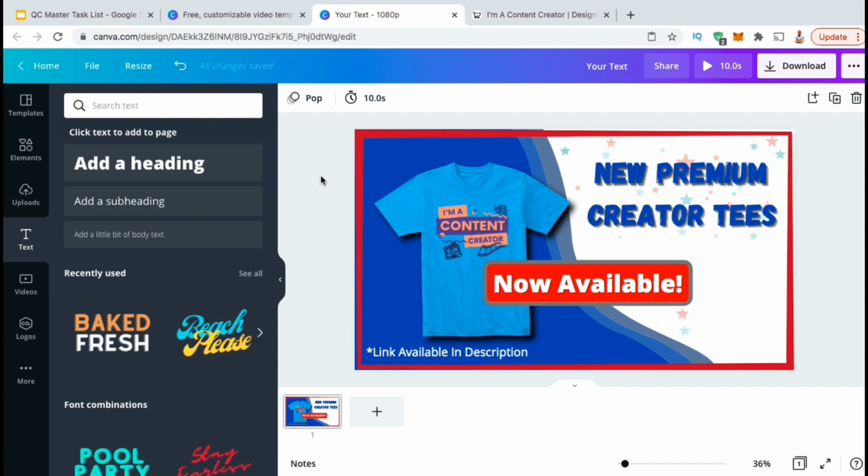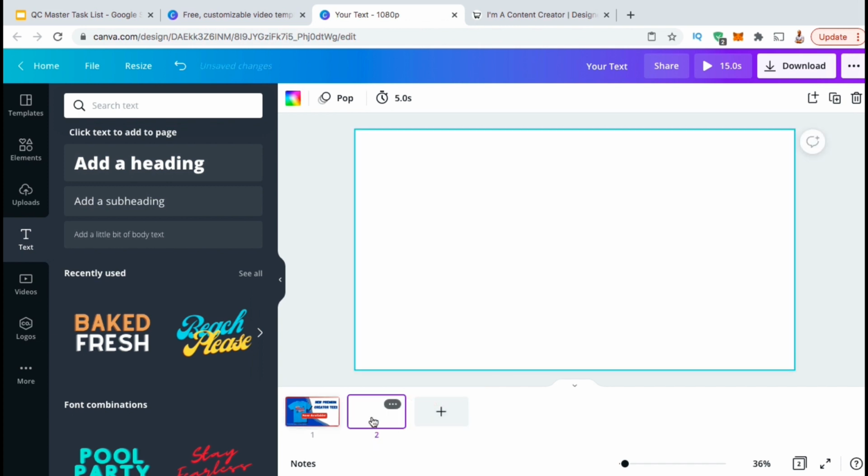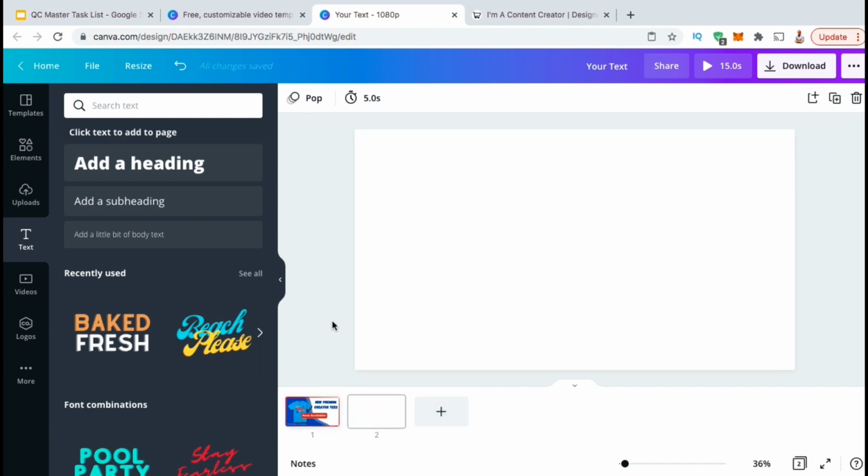So we've created our template, added our text and images, and added our animations to turn it into an animated video. Now I could simply download and post my new animated video as is, but for this tutorial, let's go over how you can also add another animated slide to your video as well. Underneath your template, you should see a menu showing you all the slides that are in your current project. If you click the icon with the plus sign here, this should add a new page to your project that you can edit. So let's create the second slide for my animated video.